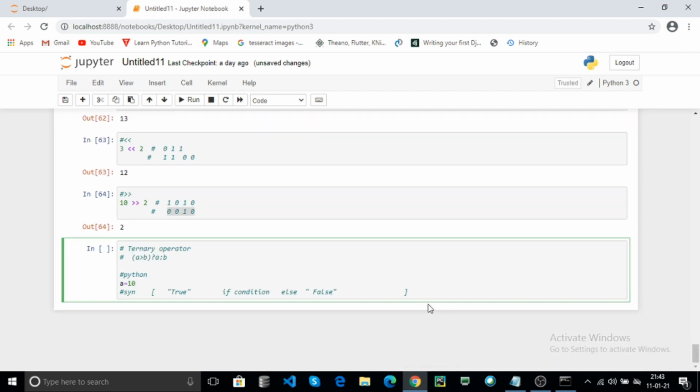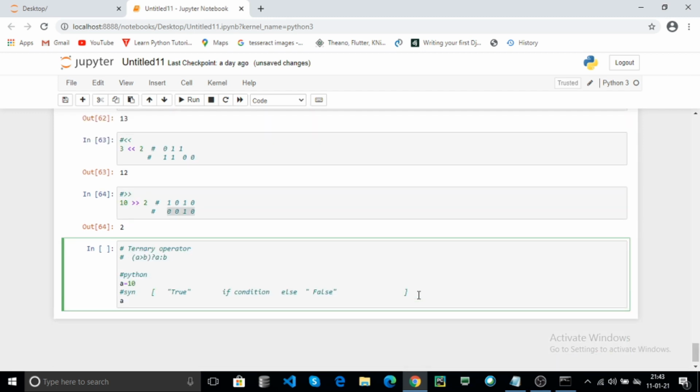For example, A equal to 10. Use the ternary operator: if A greater than 10, here it returns the first value if the condition is true, meaning A is bigger than 10.